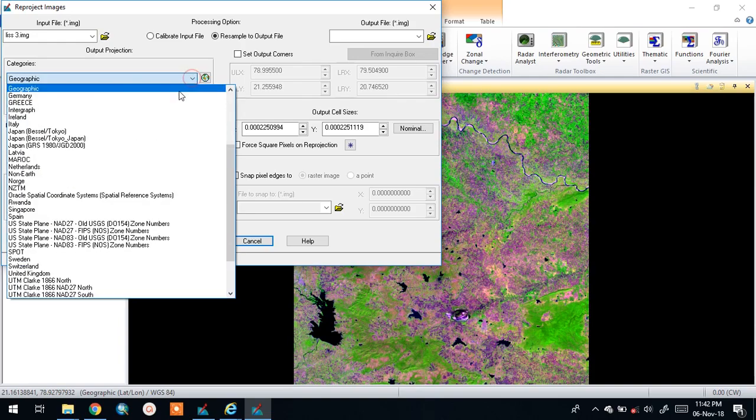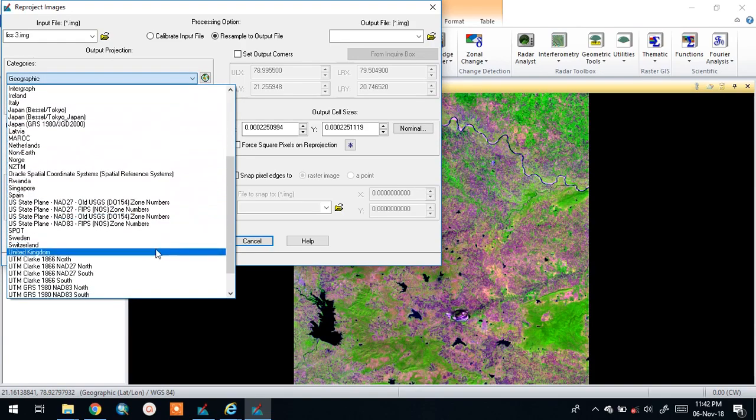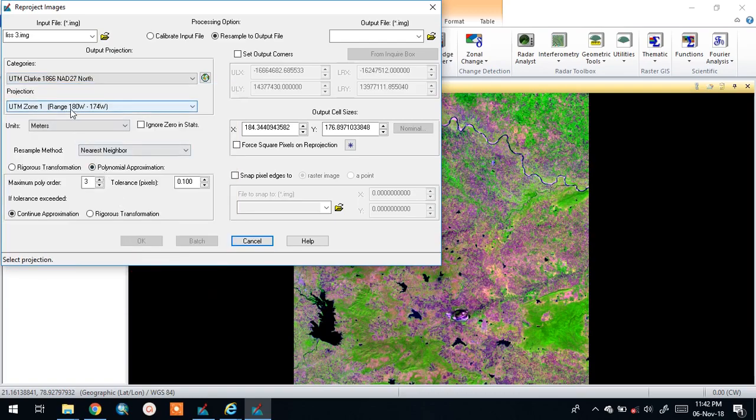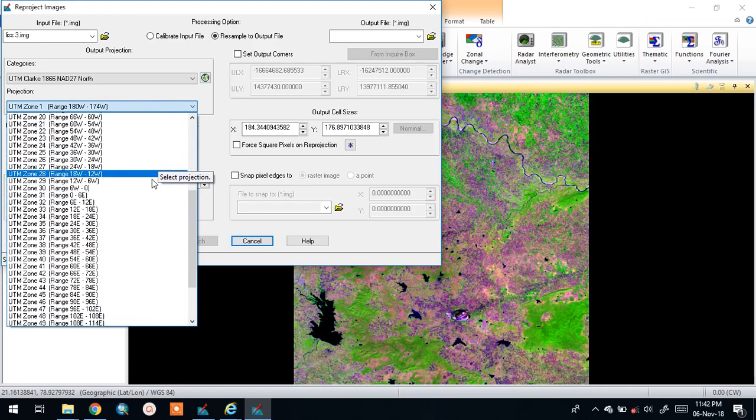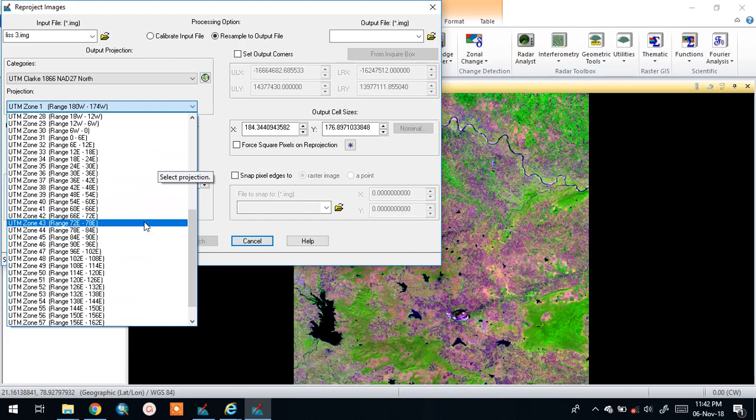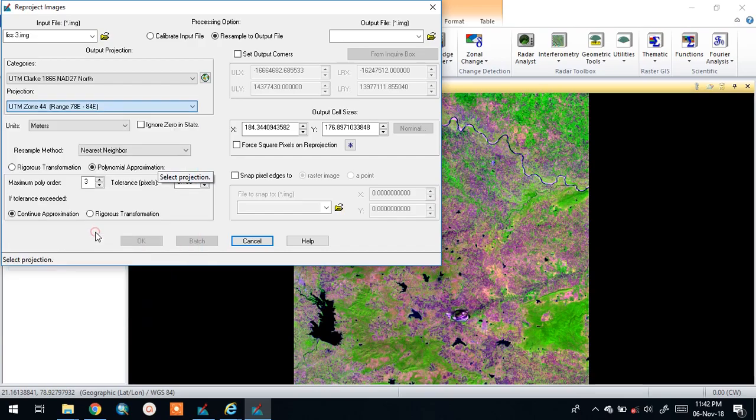So change it to UTM NAD 27 north, and which comes under UTM 44. See, UTM zone 44 range is 78 degrees east to 84 degrees east, right?